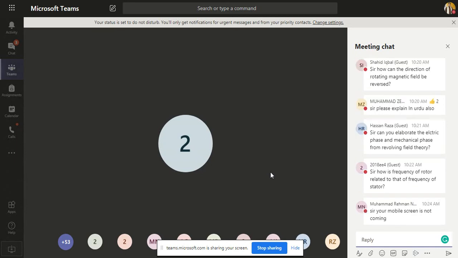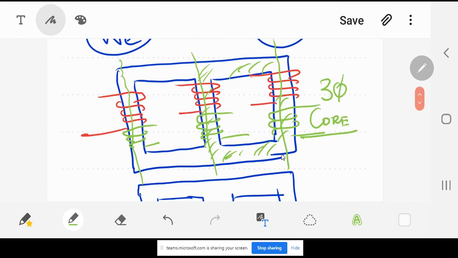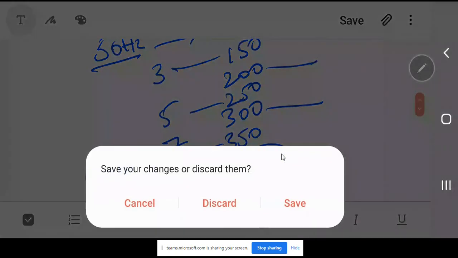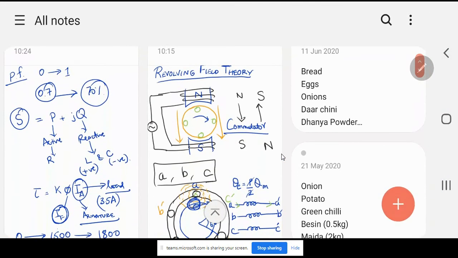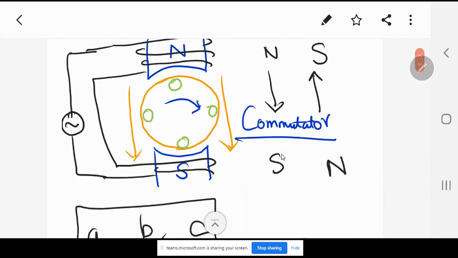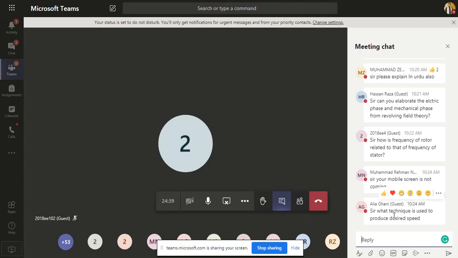So how is the frequency of the rotor? My mobile screen, yes, at present it's not there. It's working. My mobile screen is working. I guess I have not shown it over there just now. So if we go back to the same file which we just did previously. So in the induction motor, the question asked is very good, let me go back, sorry, to the question. Your mobile, sorry, not mobile screen.